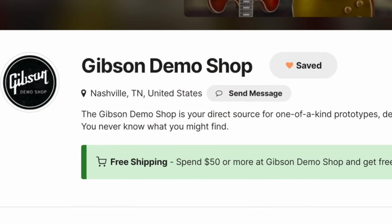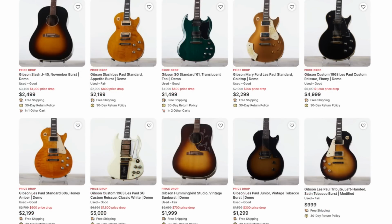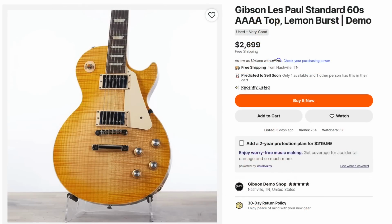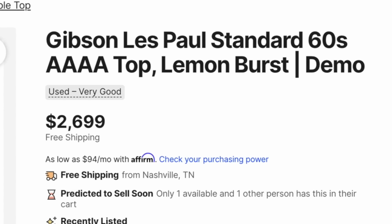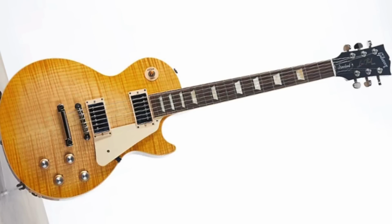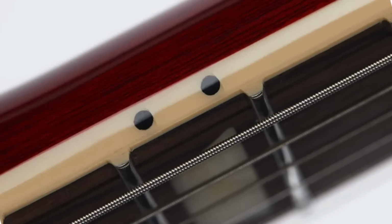And now, what was the USA demo shop up to? Well, they listed a good page of players' models, ranging from Studios to Standards, a few limited editions, or at least limited production. But what stood out to me was another beautiful lemon burst, this time advertised as a quadruple A top. Is that a thing, or is that a typo for a triple A top? I'm not entirely sure, but it is a nice looking one, so I thought I would share it again